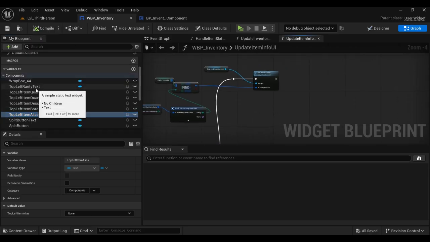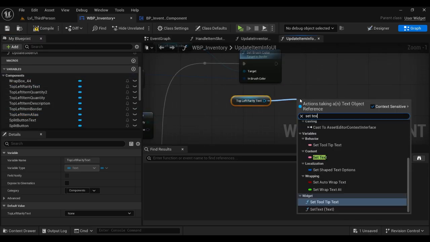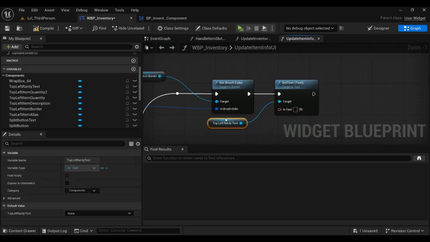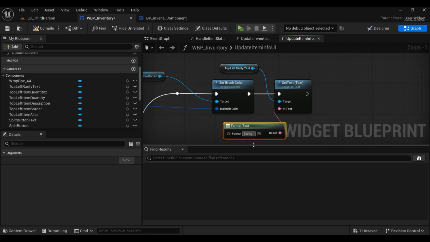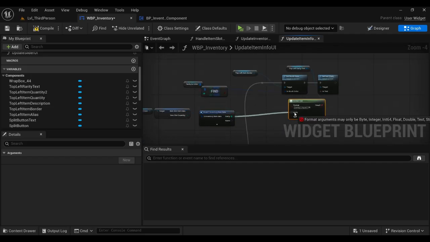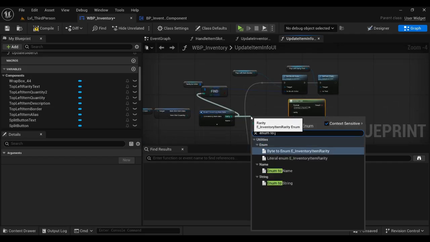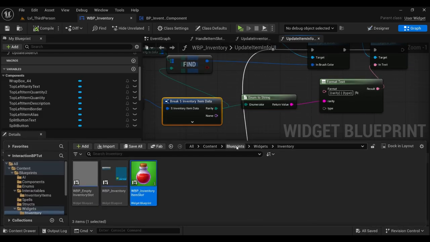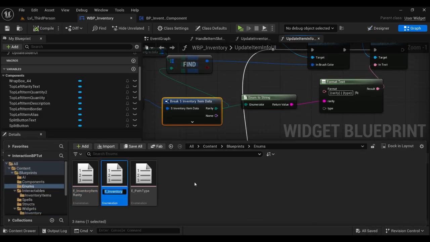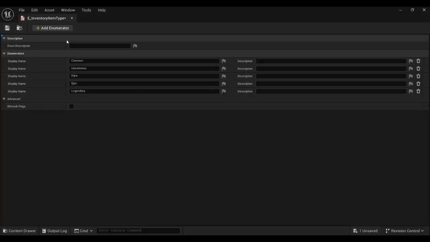Okay, now for the top left rarity text, let's set the text, format, rarity, type. And for the rarity, drag enum to string and drag it here. And for the type, we don't have it. We need to create an enum for it real quick. So go here, duplicate this, call it item type, inventory item type, and consumable,